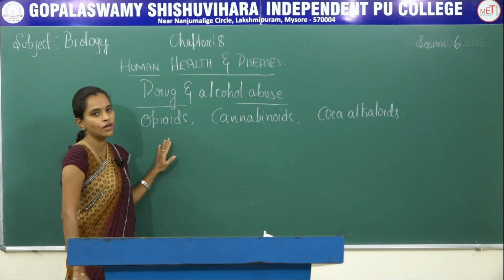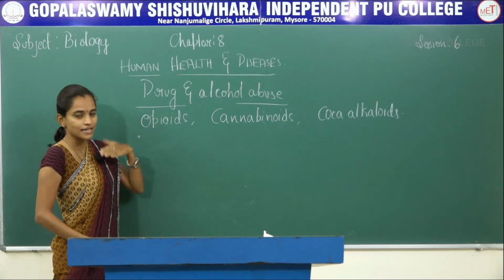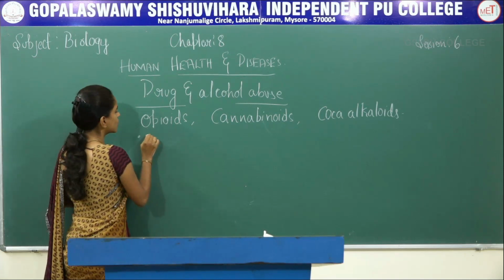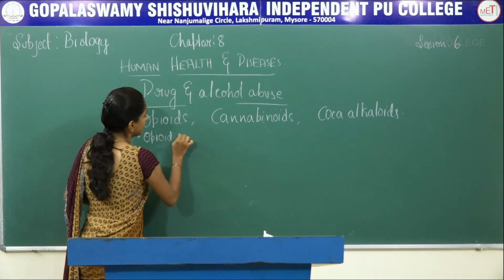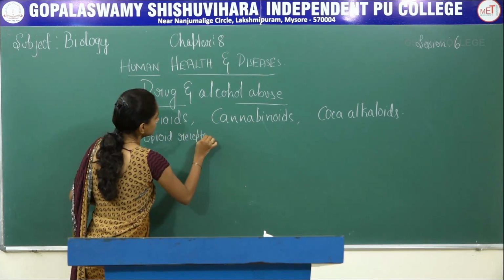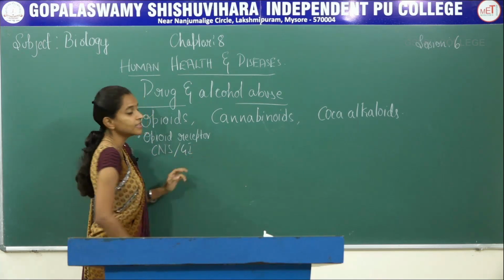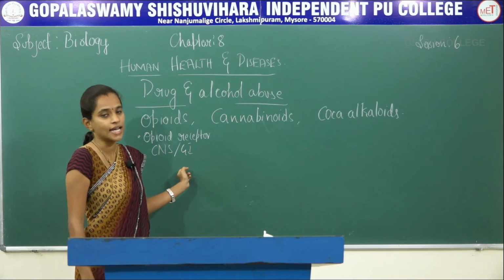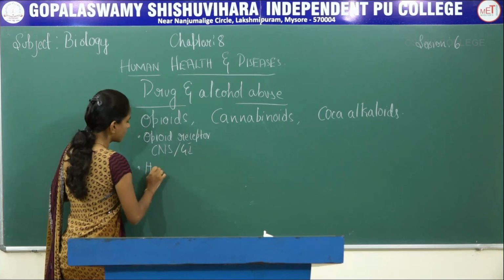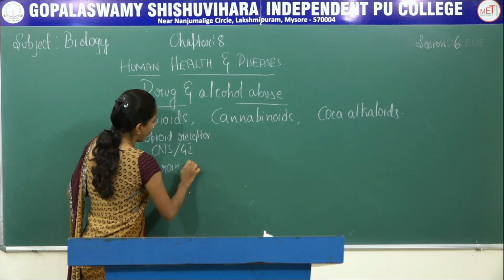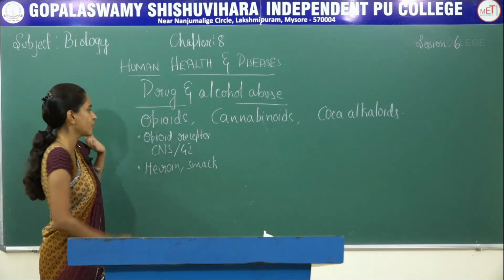Now we will start with opioids. Once opioids enter the body, they get attached to the opioid receptors which are present in the central nervous system as well as the GI tract, that is the gastrointestinal tract. Opioids are commonly called heroin or smack. These are the common names given for opioids,